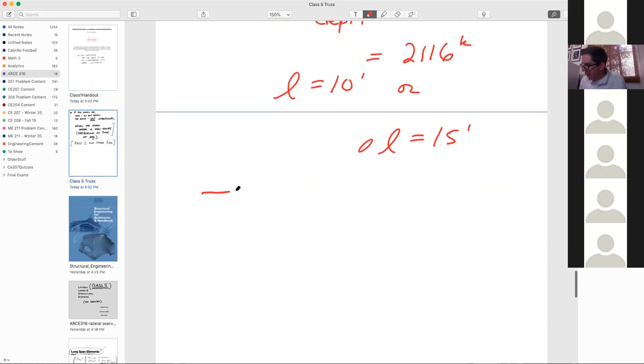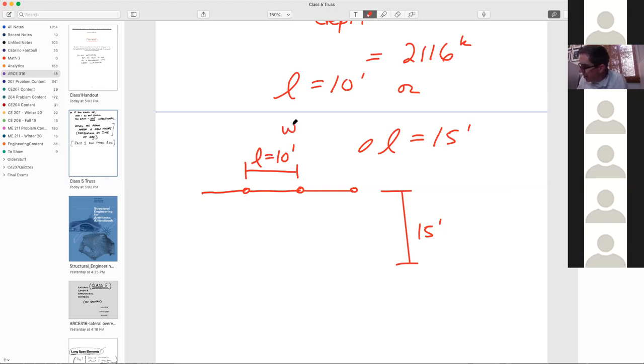As we design our truss, we do know that this truss is 15 feet tall, and so we're talking about this distance. So we could use an L of 10 feet. And if we did that, we would be using a W12 by